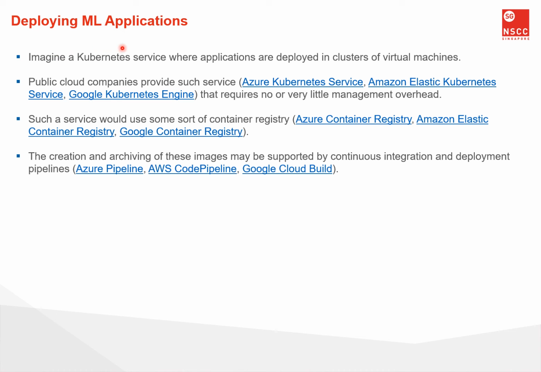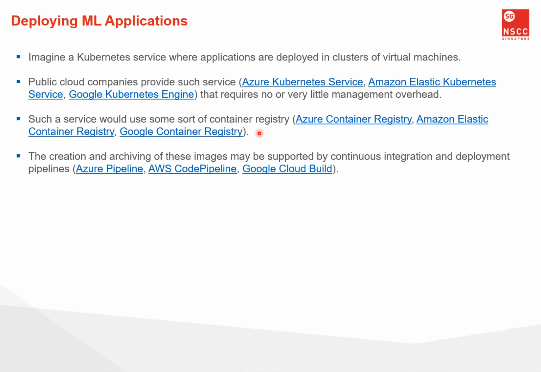So imagine a Kubernetes service where the applications are basically deployed in clusters of containers, in this case virtual machines in the form of containers. Public cloud companies offer the Azure Kubernetes Service, Amazon Elastic Kubernetes Service and Google Kubernetes Engine. These require little management overhead, and such services will use some sort of container registry such as the Azure Container Registry, Amazon Elastic Container Registry, and Google Container Registry, which contains